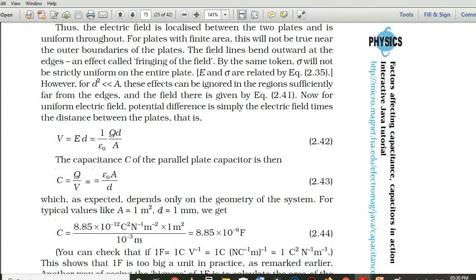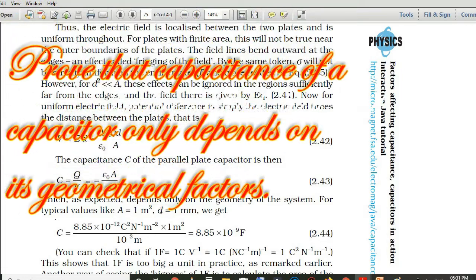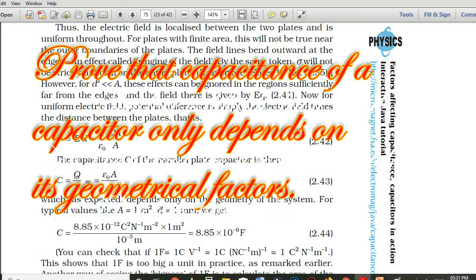What does it mean? Capacitance of a capacitor is only related with the geometrical factors of the capacitor, not any other factors. This can be asked in the examination. Prove that capacitance of a capacitor is only related with the geometrical factors. Then you can start with